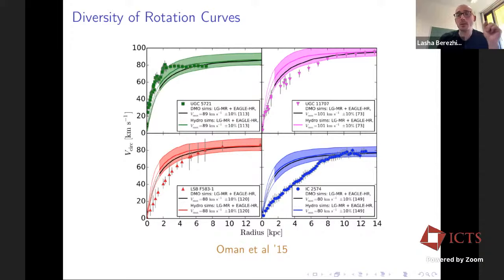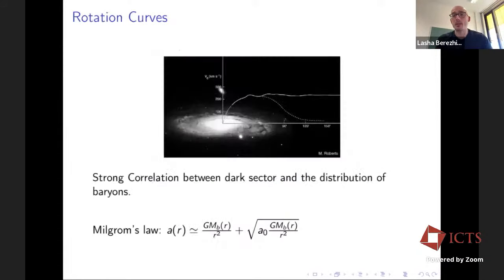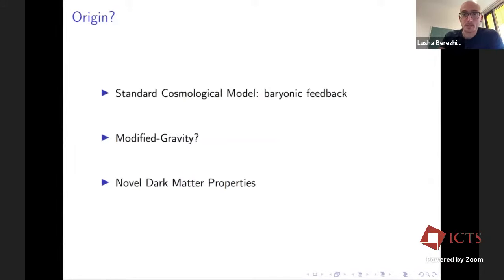Also, it must be noted that these low surface brightness galaxies that are harder to fit and require more feedback, like for instance this one with the CDM, were actually discovered after this empirical relation was established. People simply wanted to understand whether this empirical relation could be invalidated by precise measurements of these low surface brightness galaxies. But it turns out that they also follow this relation, which is interesting.